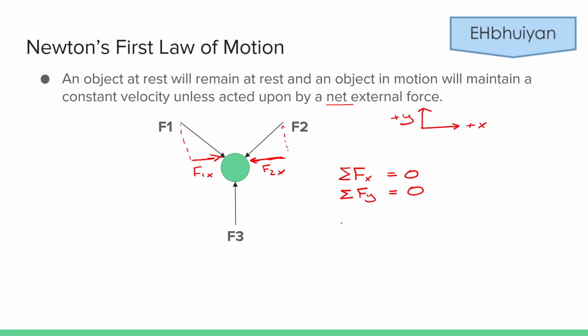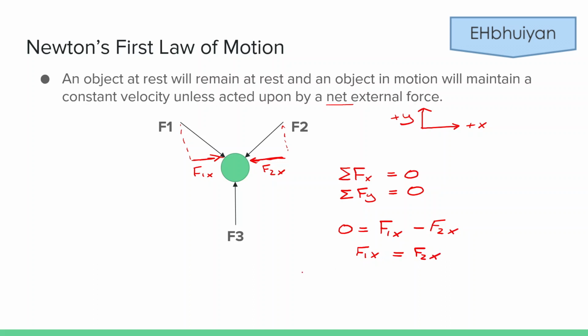Given that the x direction is taken to be positive when it's pointing to the right, and we know that the forces must sum to zero in order for this body to be in equilibrium, we have F1x, and to that we're going to add the x component of F2, but we know that it's pointing to the left and thus negative, so we'll subtract whatever the magnitude of F2x is, and we can say that in order for this body to be in equilibrium, F1x must equal